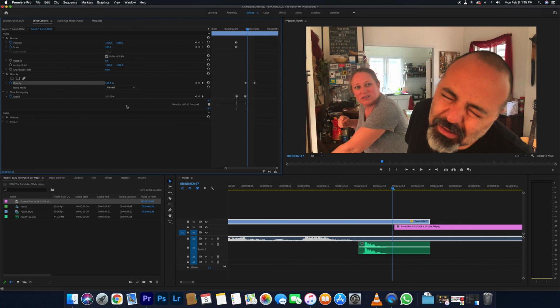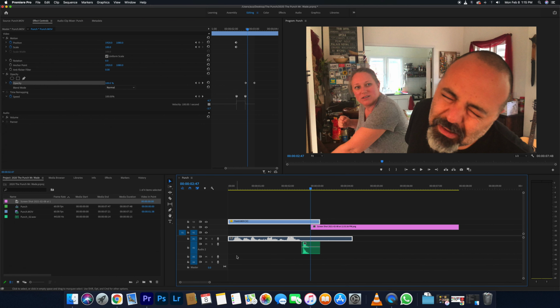Okay, so that is it. These are fixed effects that you can change by adding keyframes through toggling the animation clocks. And you can change position, scale, you can spin things around, you can fade in, fade out, and you can also